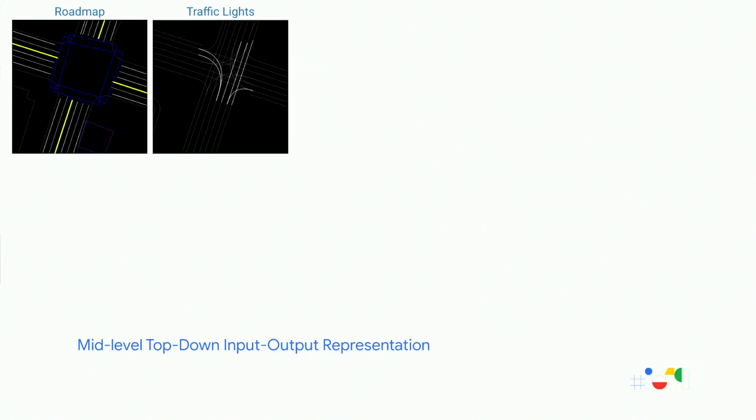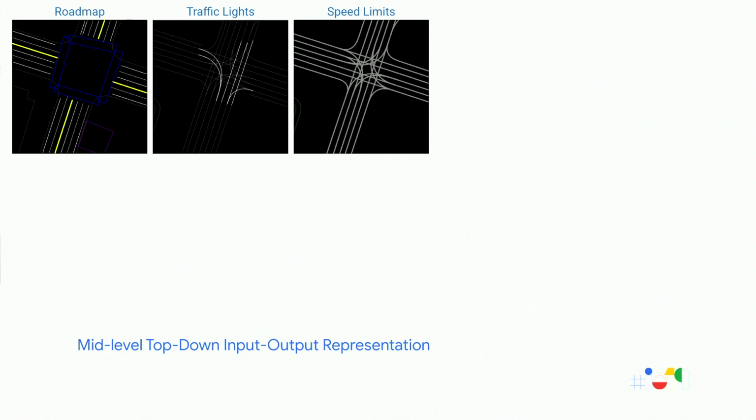Now, when it comes to traffic lights, we need to convey to the net what is the state of traffic lights. This is again being generated by the perception system. In this picture, we show how we represent that. These are all center lines of the lanes in the same grid as the map, and the intensities encode the traffic light states. So in this particular example, the brighter shades would reflect red light, and the other shades would reflect green light. This is the speed limits channel, again encoding different speeds with different intensity profiles.